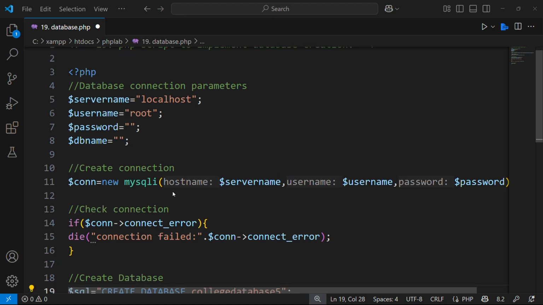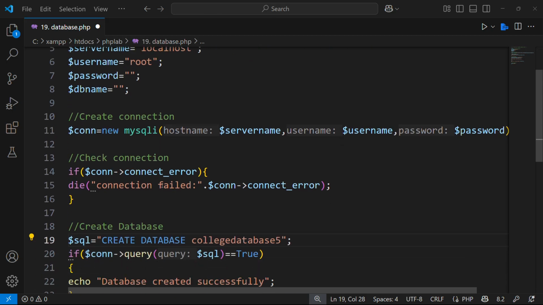Okay, and then we have create connection. That is, we need to establish a connection towards the MySQL database. We have to create the connection here. So here we have an object called $con, and here we have